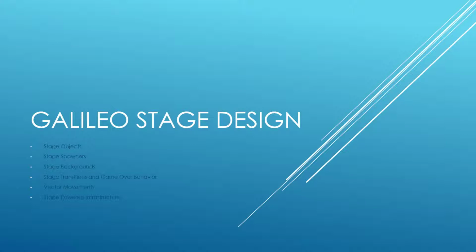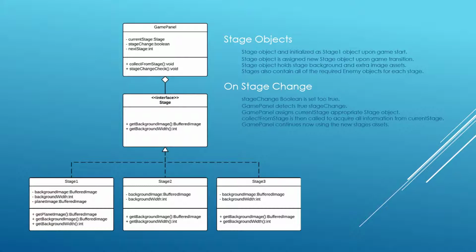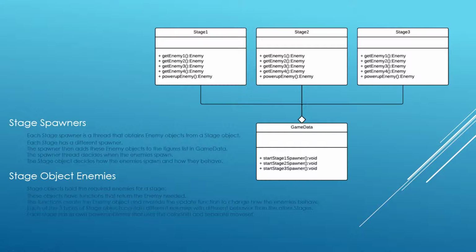about the stage design that I did for the Galileo game. Each stage is its own class that houses all the assets for that stage, the enemies, the background, that sort of thing. And they all implement this stage interface. Game Panel uses this stage interface to load in the corresponding stage that it needs, and then on a stage change, that current stage object, which is the current stage, switches over into the next stage using these stage change and next stage variables. The spawners, which spawn the enemies for each stage, are housed within game data and then